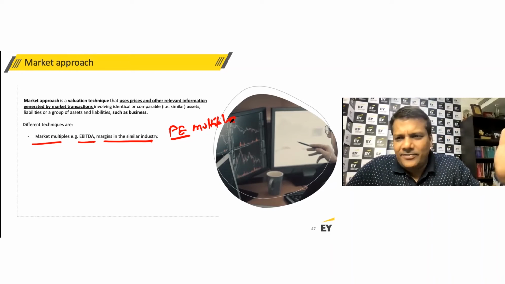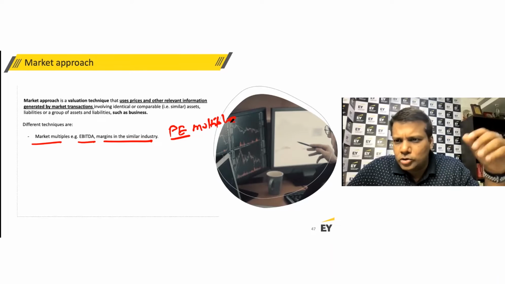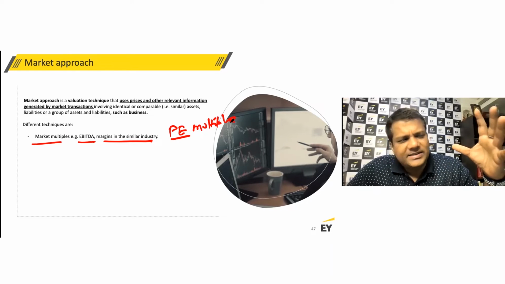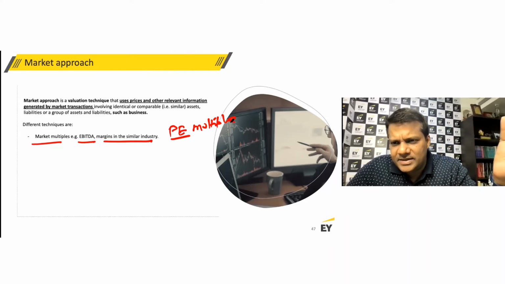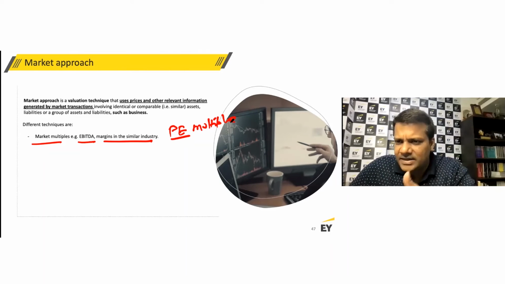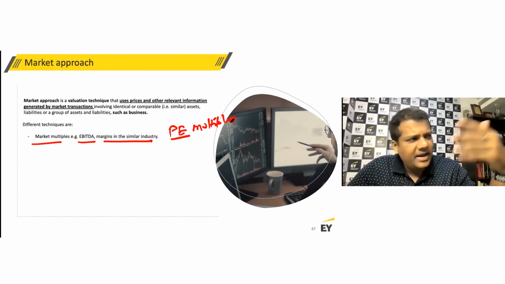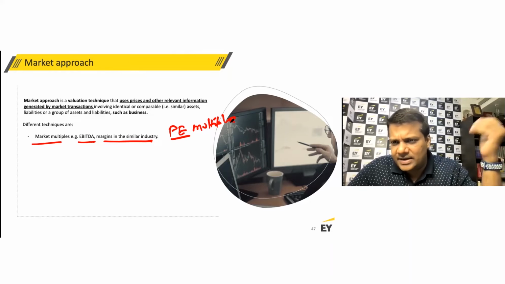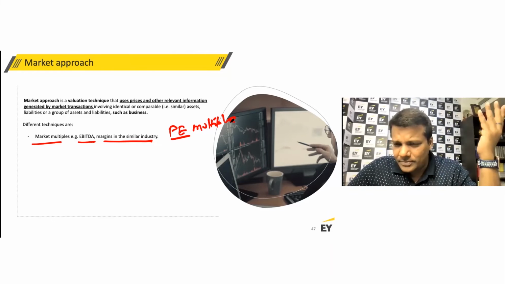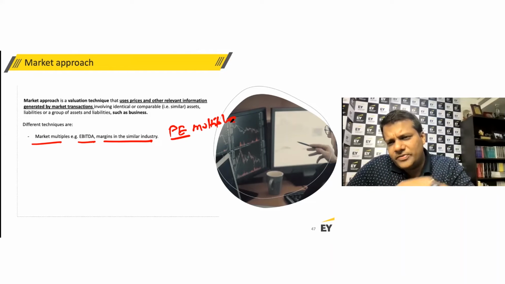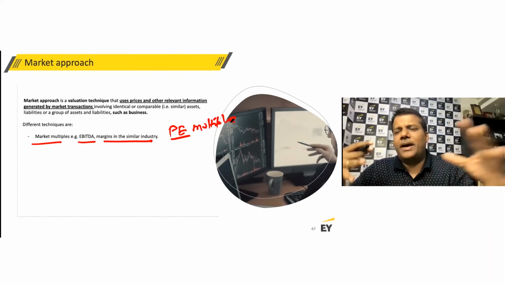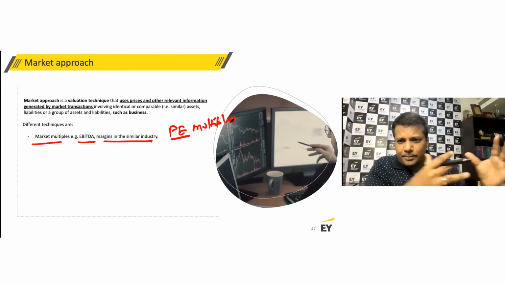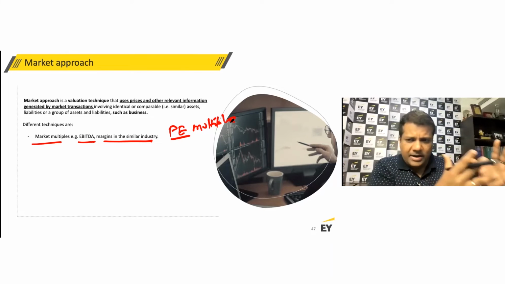So let's say you have a business making auto components, and you make, let's say, 50 crores of profit. You're an unlisted business, and you see there's another company listed in a similar space, auto components. Now they are being traded at, let's say, 10 times the profit. That means the business value is 500 crores, since you make 50 crores profit. If they are valued at 10 times the price earning, that is your value. That is a way of determining fair value, which is comparable transaction, the market approach.